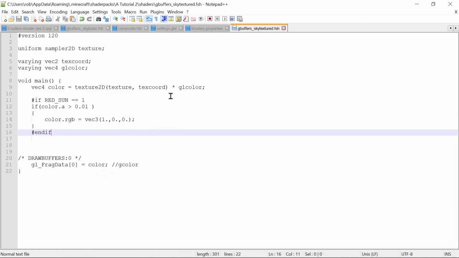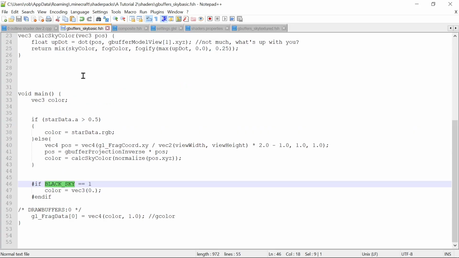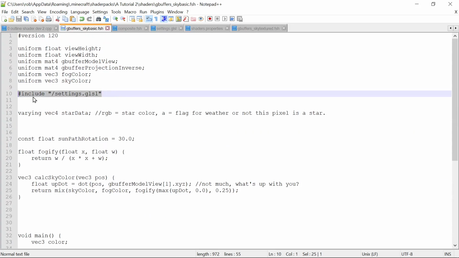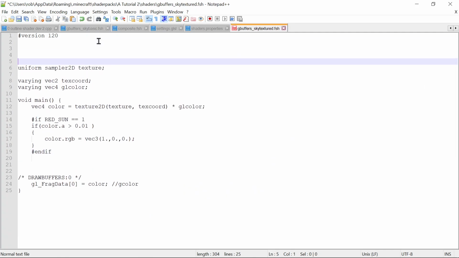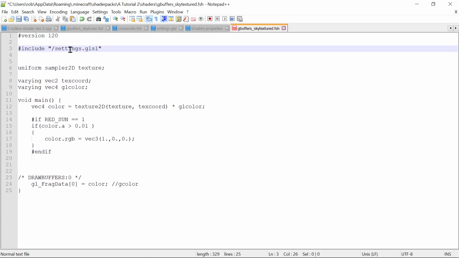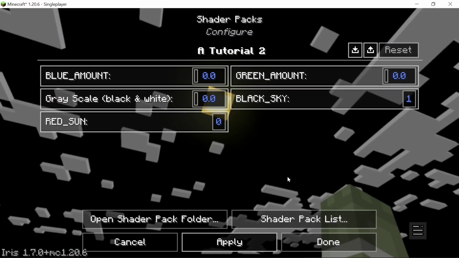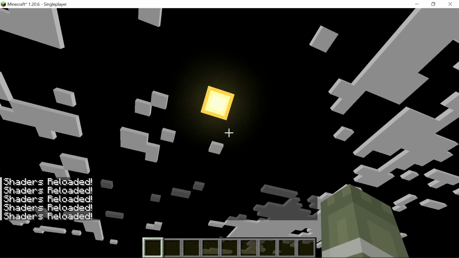Why isn't that still working? It's because of where things are. We forgot to include our settings here. So let's go into our Sky Basic where we have our include, and we're going to copy that and put it in Sky Textured. Just anywhere after version 120 is fine. That has to be the first thing. So let's save this, go back in Minecraft, reload,